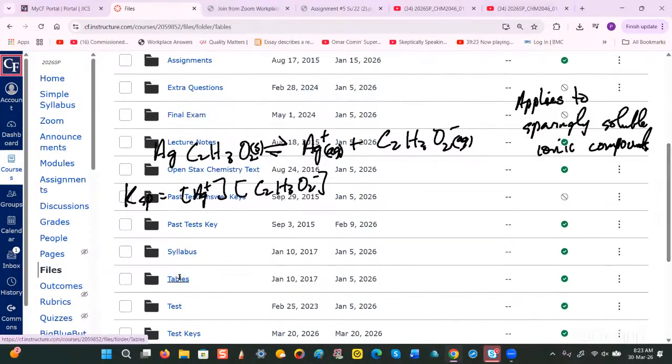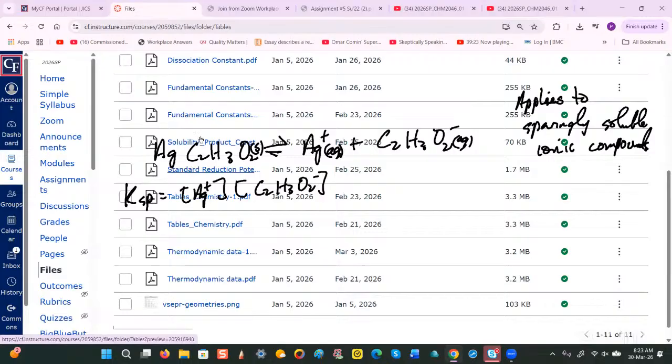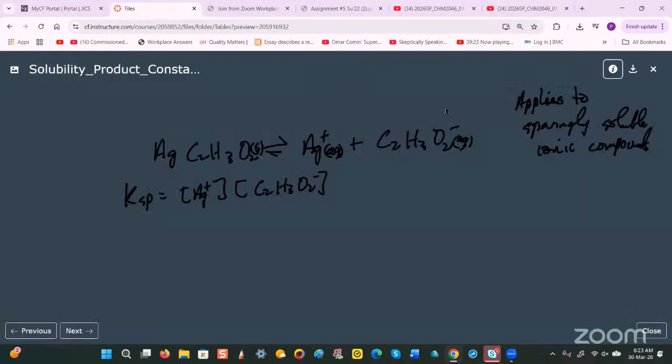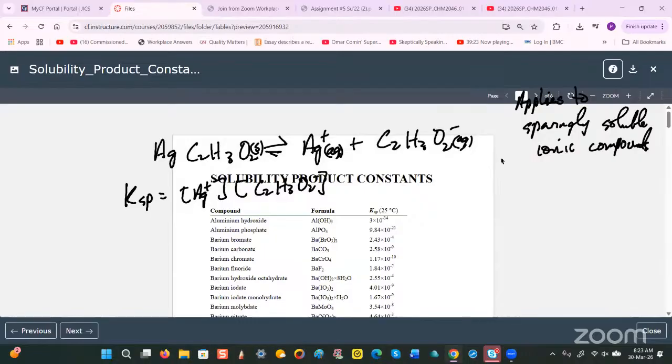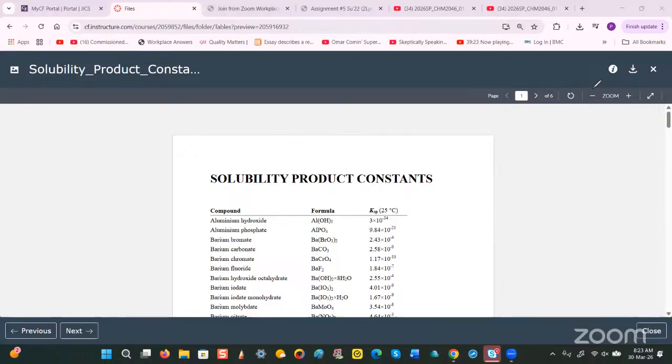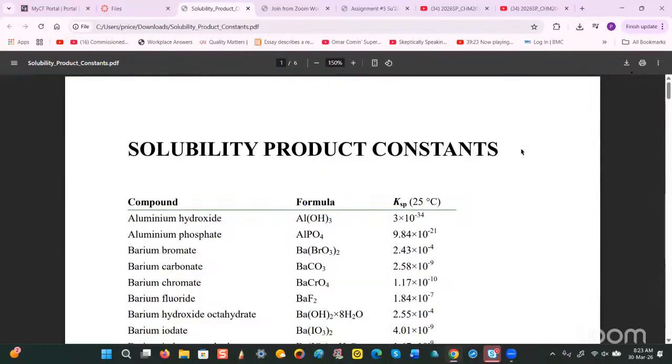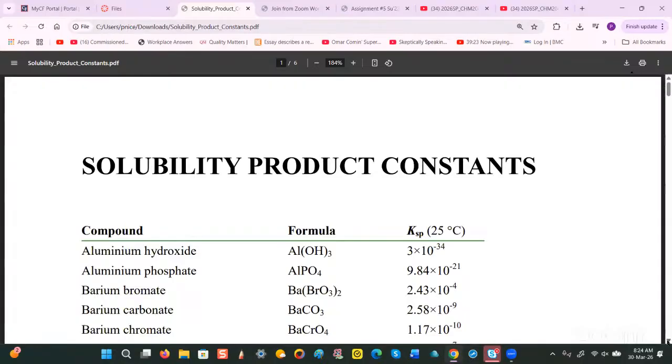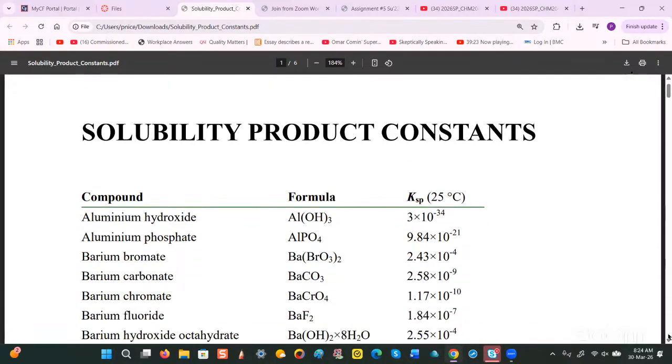So if you go to tables, and then you go to where it says solubility product constants, and okay, let me just get rid of this so you can see this more clearly. Let me download this here. Okay, so this is a table which gives a list of ionic compounds, sparingly soluble ionic compounds, and their KSP